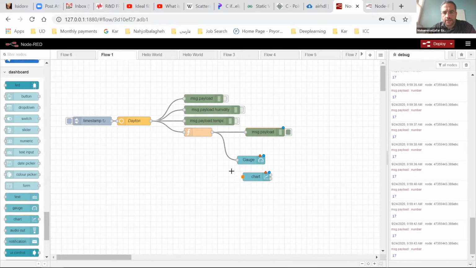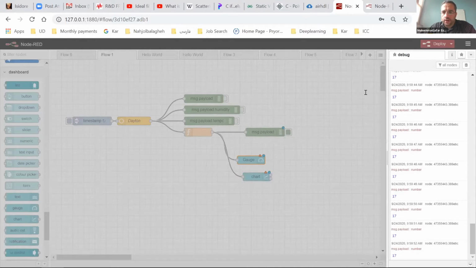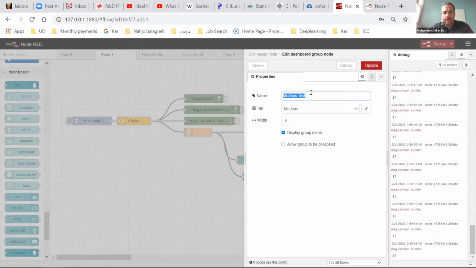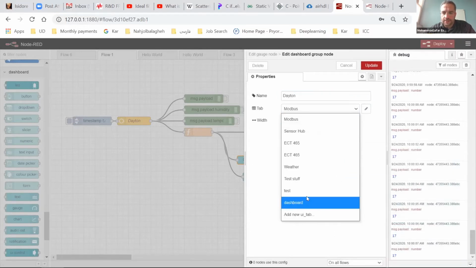Then the next thing, you need to make sure that you assign, you group them together to be able to display in one page. You could create a name. If I'm going fast, please let me know, okay? So I will call it this one, for example, Dayton. Let's call it weather. No, I do have a weather. So let's call it Dayton, and then